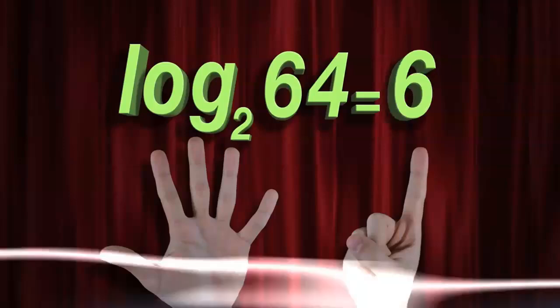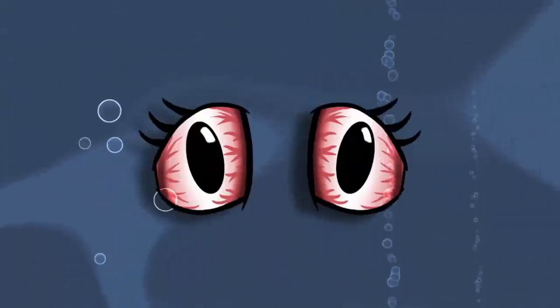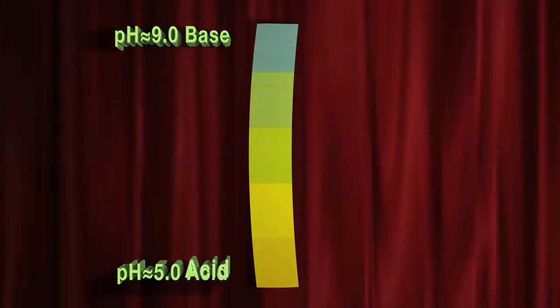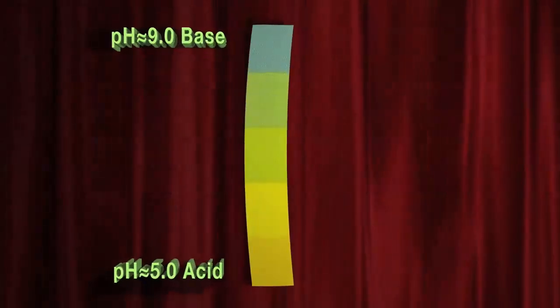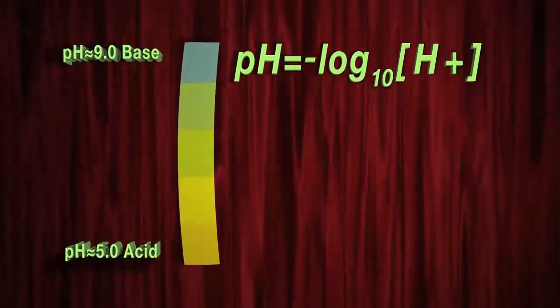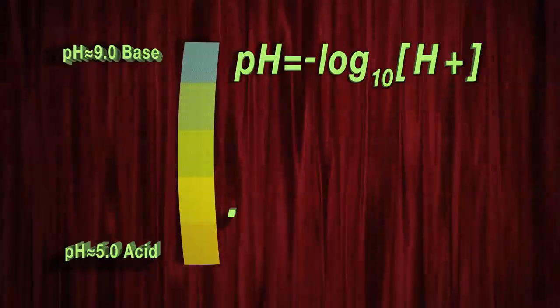So what does this have to do with my eyes turning red in some swimming pools and not others? Well, it leads us into an interesting use of logarithms in chemistry, finding the pH of water samples. pH tells us how acidic or basic a sample is and can be calculated with the formula pH equals negative log base 10 of the hydrogen ion concentration, or H+. We can find the pH of water samples with hydrogen ion concentration of